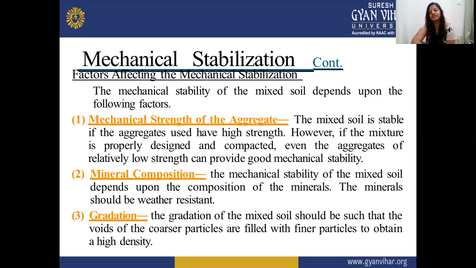It is extremely necessary to reduce the void. So it can easily be done by using finer particles with the same property, and those finer particles, when mixed with the coarser particles, take up the void spaces in between them. And if they take up the void spaces, naturally the voids will reduce. When the voids reduce, you can achieve higher density.